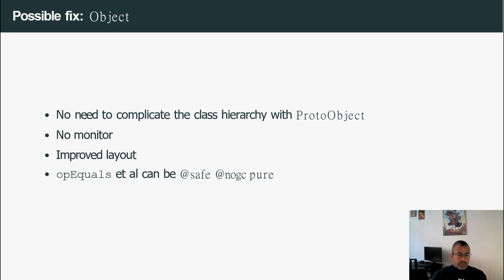Another thing that we've been talking about is proto-object. Well, why are we doing this? Because to fix the problems we have with object, we can't really change it, so we'll put something higher up that object inherits from, which is a complication in and of itself. It's harder to explain to people coming to the language. Why do we have two base objects? Maybe we don't need to. Maybe in a new edition, we just change what object means. And it basically means the same as proto-object, and we introduce this for older editions. And then we could get rid of the monitor, kind of improve layout, and by that I mean binary layout,